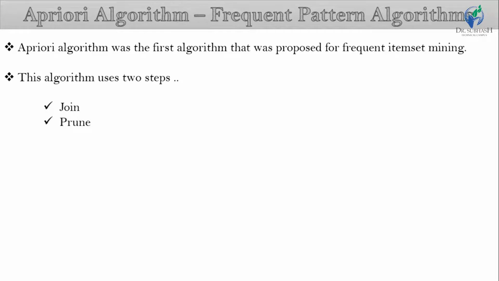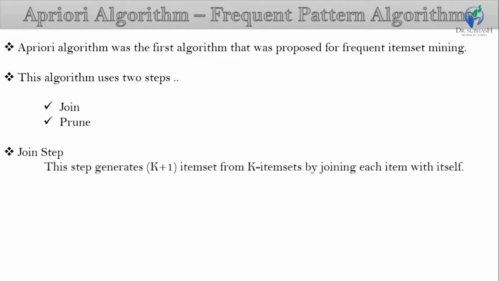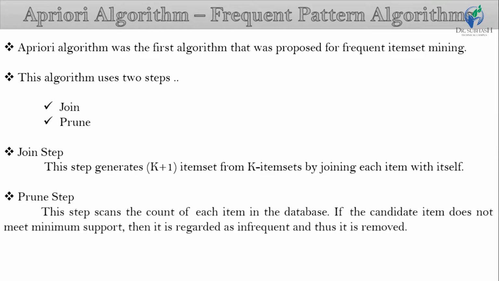It is an iterative approach to discover the most frequent item sets. The steps of the Apriori algorithm of data mining are as follows. The first step is the join step. This step generates k plus 1 item sets from k item sets by joining each item with itself. Now, the second step is the prune step, which scans the count of each item in the